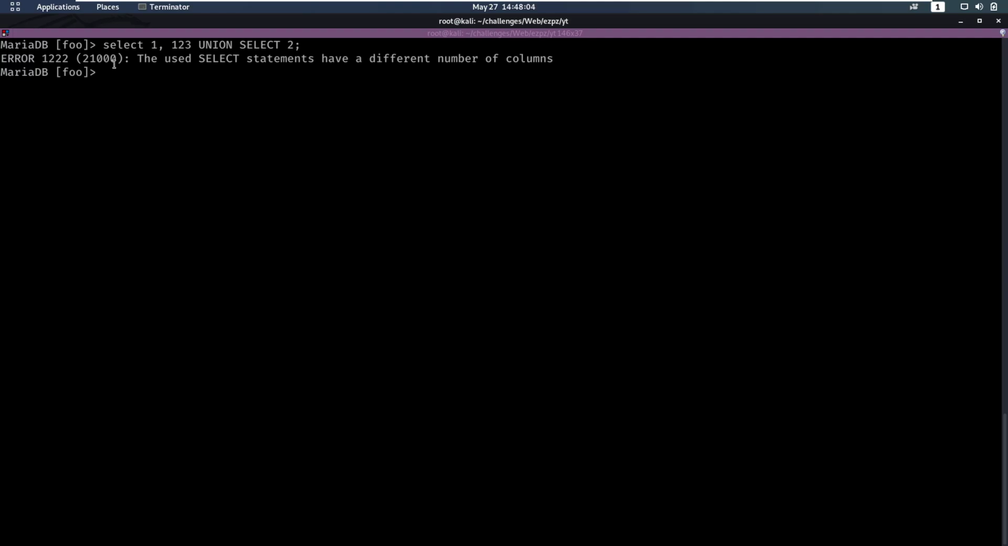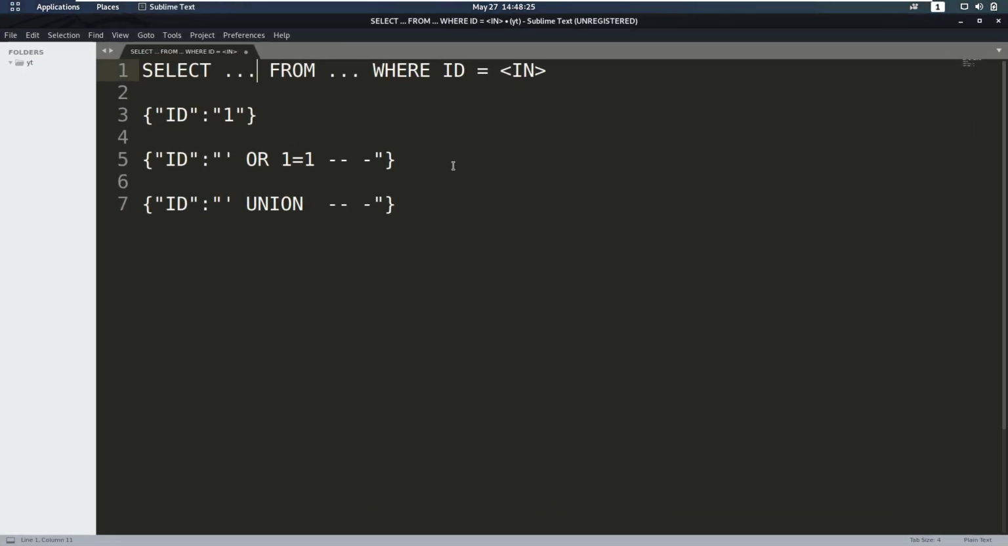So let's say this is the original query. It has 2 columns, and we union select another something there. It's going to say the used select statements have a different number of columns. So we want to have equal amounts of columns, and then it's going to append correctly. So we have to figure out how many columns this query has. Let's figure it out by trying different amounts, seeing when it errors out